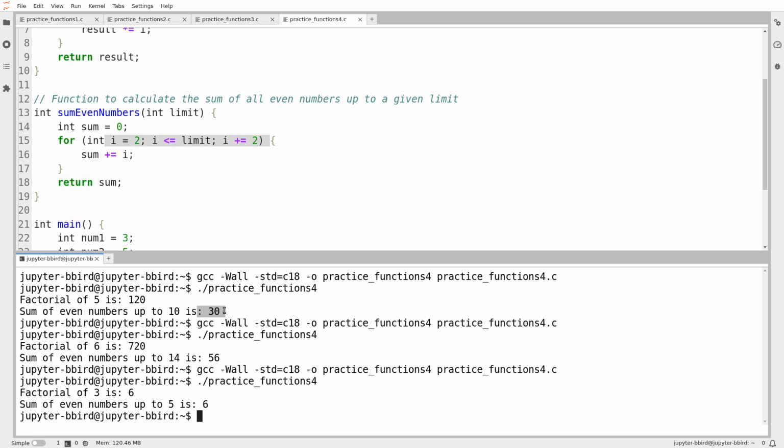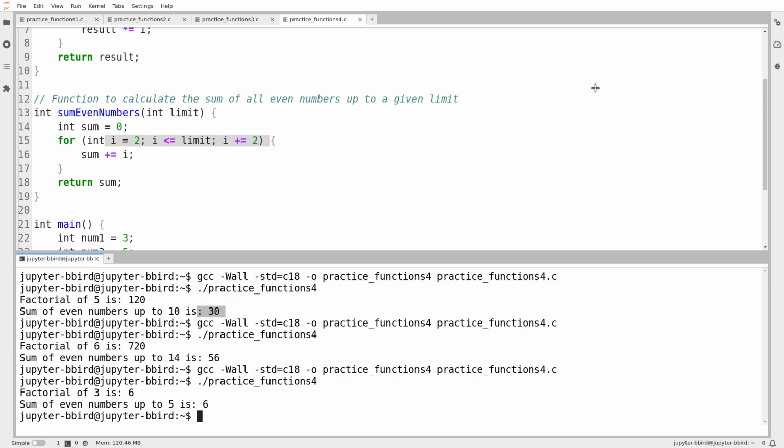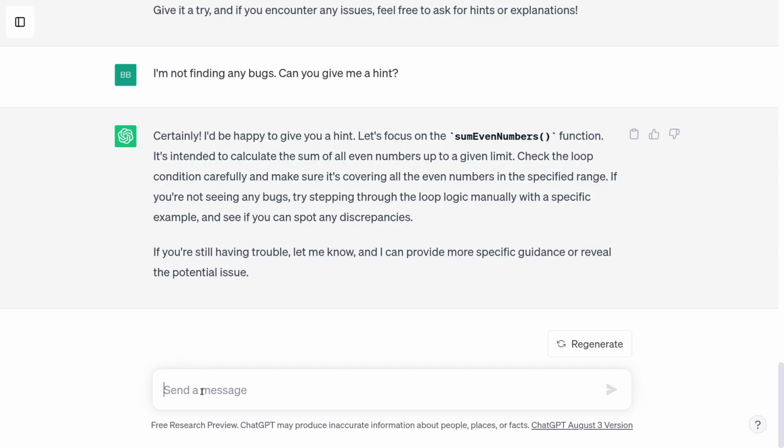Now, it's sometimes dangerous to say, oh, if I trace this, I'm going to get this answer. The reason that I know that is I know what it gives me for the sum of even numbers up to 10, and I know what happens if I compute the sum of even numbers up to 10 myself just by hand. So I'm not tracing, I'm just doing this sum by hand, and I also get 30. So there's some evidence that the number that's coming out is 30, and the number that's coming out is supposed to be 30. So I have a feeling that this is not incorrect on this case. So let's ask it if it can justify its answer.